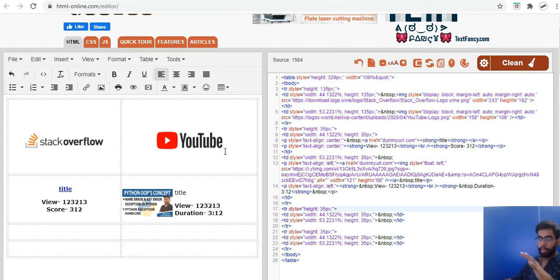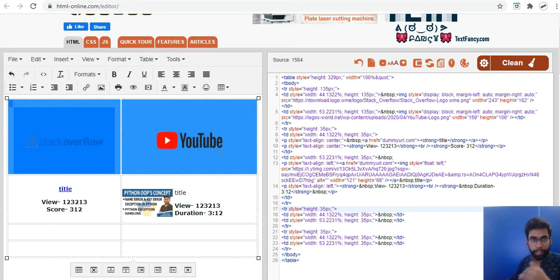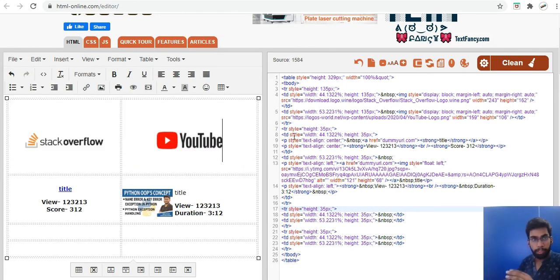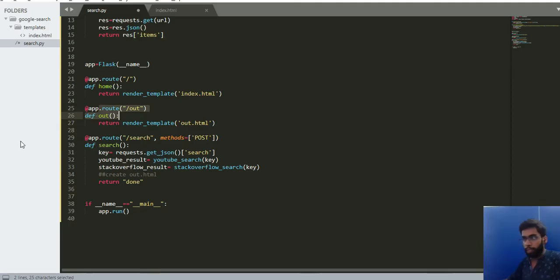Now the important thing here is the first row should be constant every time I search. So anytime my user presses Google search, the first two rows will be constant. So this will be the basic template that I'll be creating. So the basic template, I'll just copy the first two rows. These are the first two rows. I'll just copy these. And when I'm rendering it, okay, so I'll start writing the code where I will render it to the out.html.